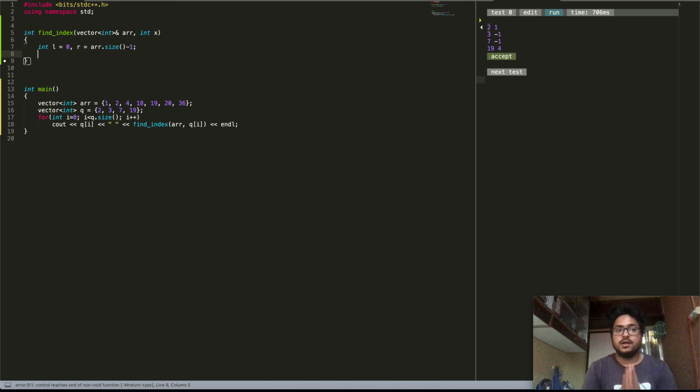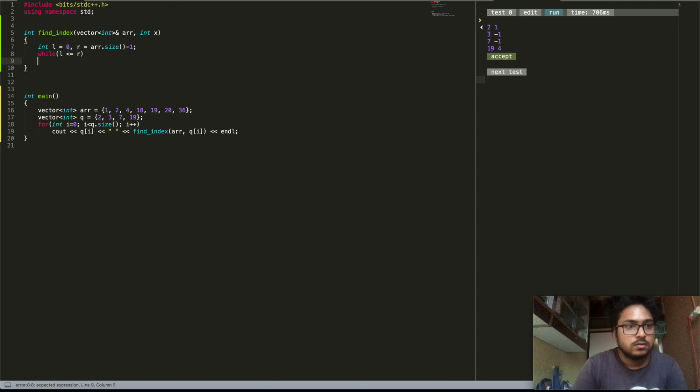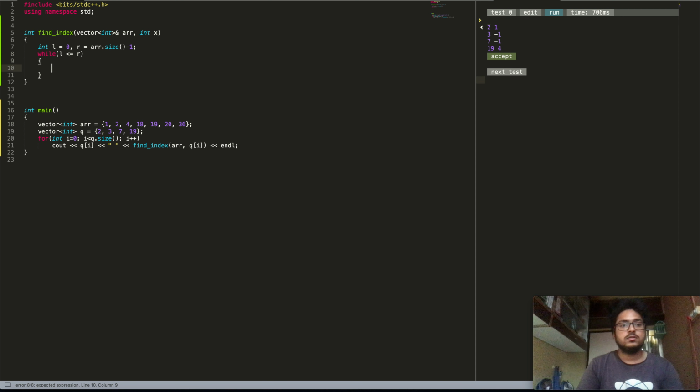All right, now in each iteration, if you remember, we reduce the size of our search space by 2 in case of binary search problem. All right, so let's just see how we will do that in here. So the binary search will continue while L is less than or equal to R. So it just means that while we have a valid search space, and the criteria of having a valid search space is L should be less than or equal to R. Alright, so till the point L is less than or equal to R, our binary search can continue. Otherwise we will have to break out of the loop.